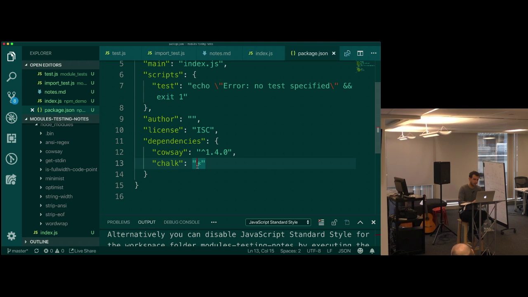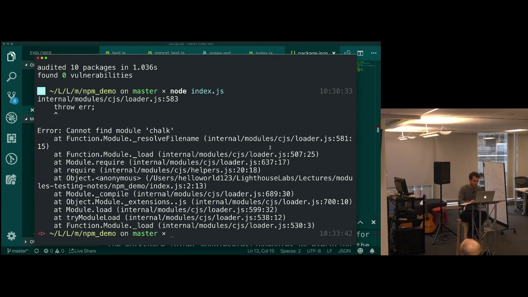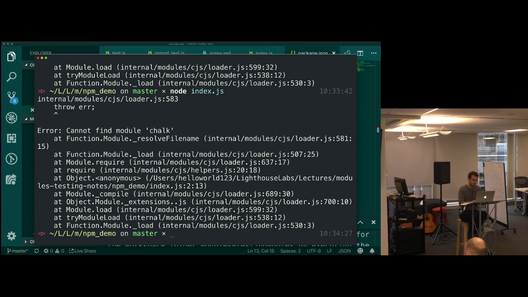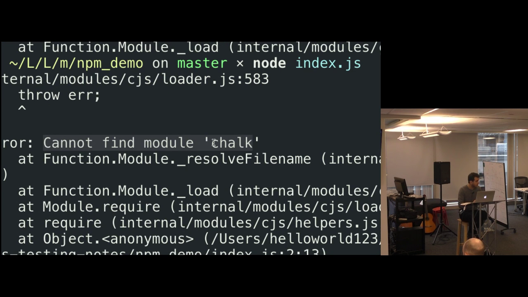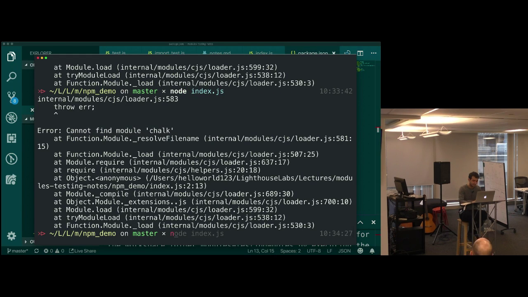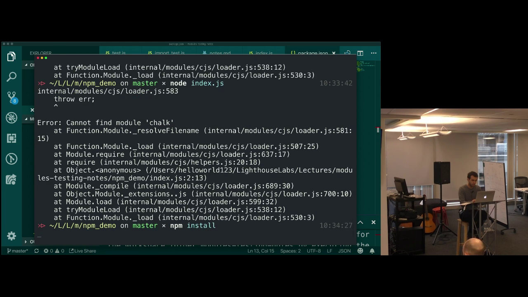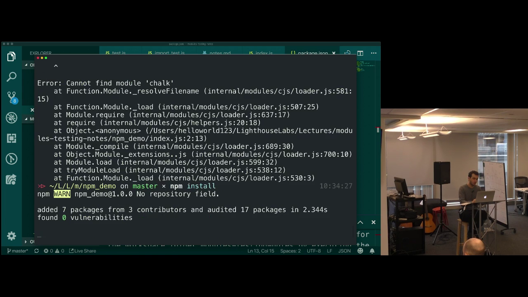Yeah, like a wildcard. Right? Now, I'm going to run node index.js again, and I get the exact same error, cannot find module chalk, because I haven't installed it yet. I haven't downloaded the code for it yet. I have to go npm install. And now this is going to go through my package JSON and install everything it can find, right?